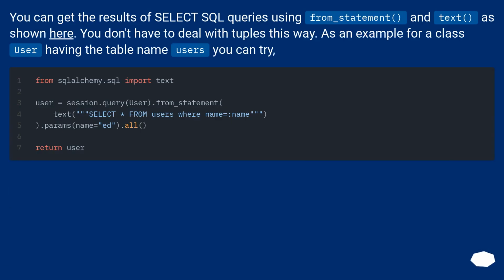You can get the results of select SQL queries using from_statement and text as shown here. You don't have to deal with tuples this way. As an example, for a class User having the table name users, you can try